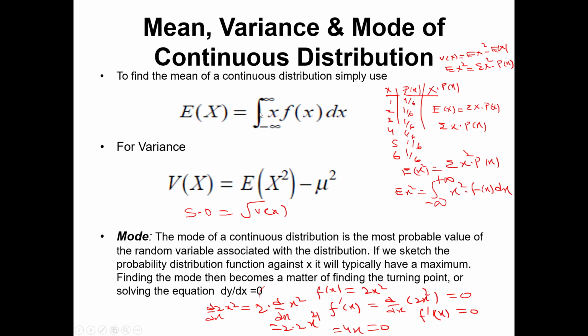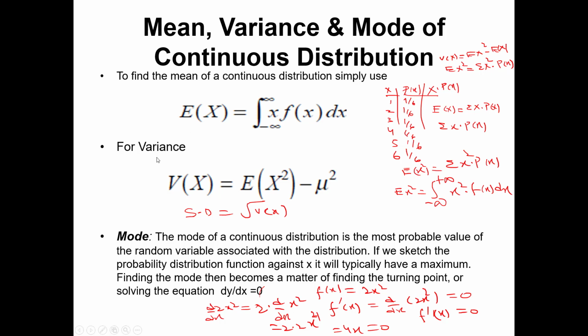But in a continuous distribution, as I already mentioned, the distribution takes values in an interval. So instead of the summation, we will put the integration, and this integration will go from the lower bound to the upper bound, because the continuous probability distribution lies in a specific interval. When we multiply x with the function and put the upper and lower bounds, we will get the mean.